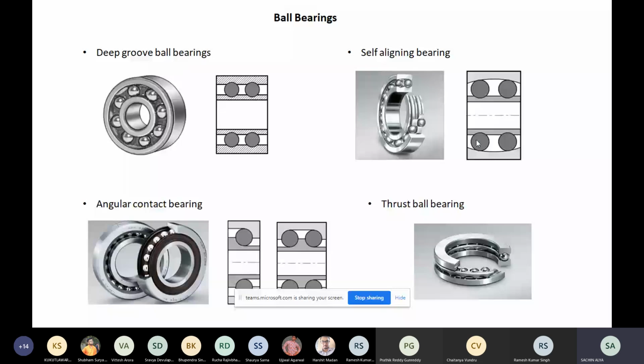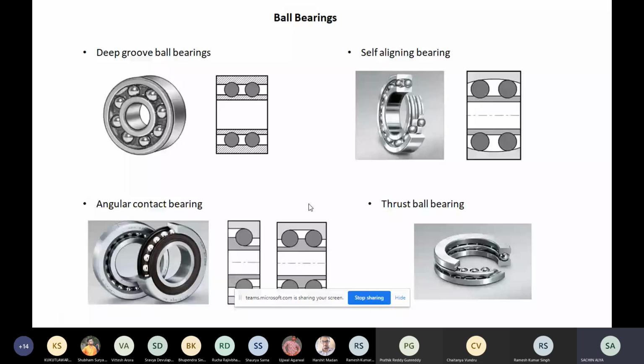Then next is the angular contact bearing. As we know, these deep groove bearings can sustain axial loads, but not that much. Coming to the angular contact bearing, it has a very good axial load capability. They come in single row or double row.